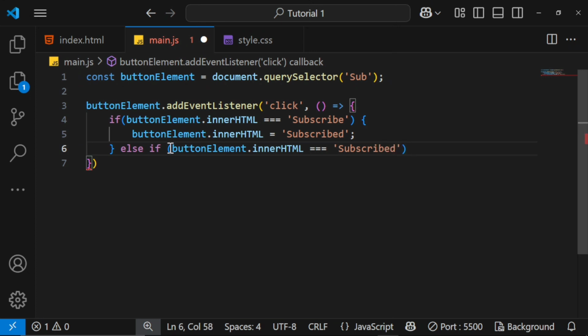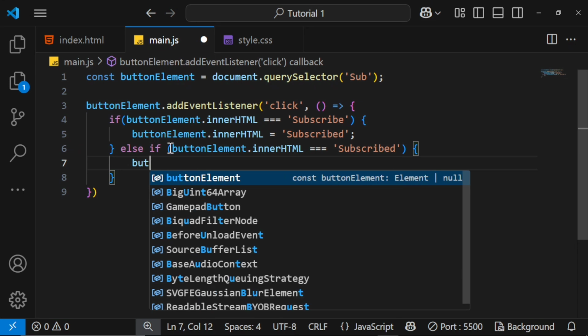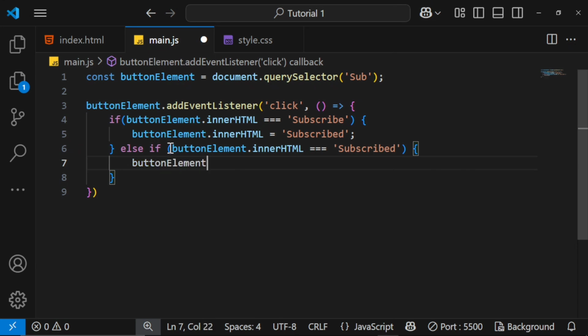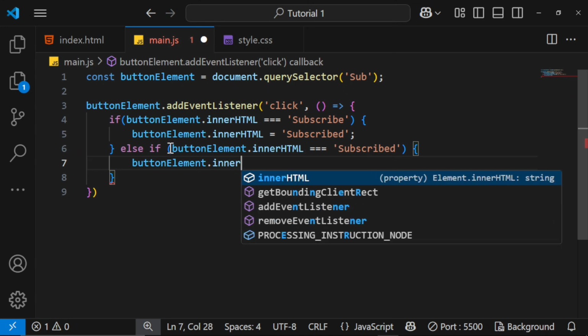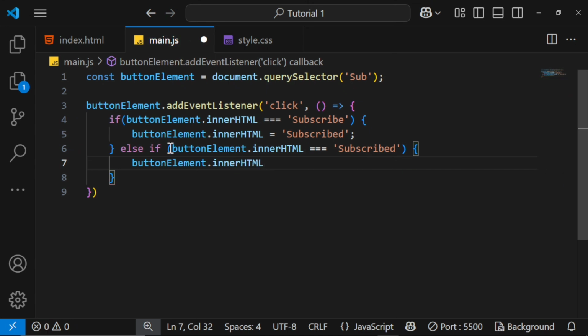Okay, now the button needs to come back to the initial subscribe. So you can say subscribe. Okay, yeah, so those are just the few lines of code that are needed to put that functionality in to make that button